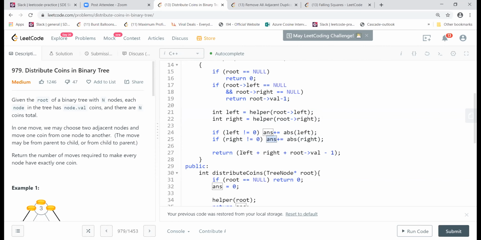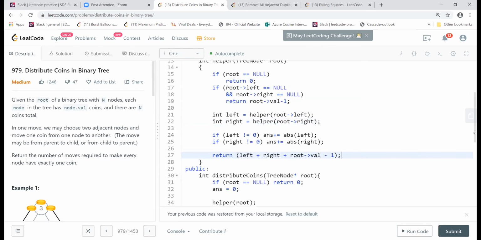And then at the end, when I come to the post order, I know that I've traversed all left and right. But I'm not at the leaf one because I've taken care of the leaf here. So the way I do it is slightly different: I don't go to the leaf when I do the post order traversal. I come here, I know that I have some right value and left value and the current root. So I just add all of them and subtract one, because that current node needs to have one coin, and that is the way I do. So what you do is exactly the same.